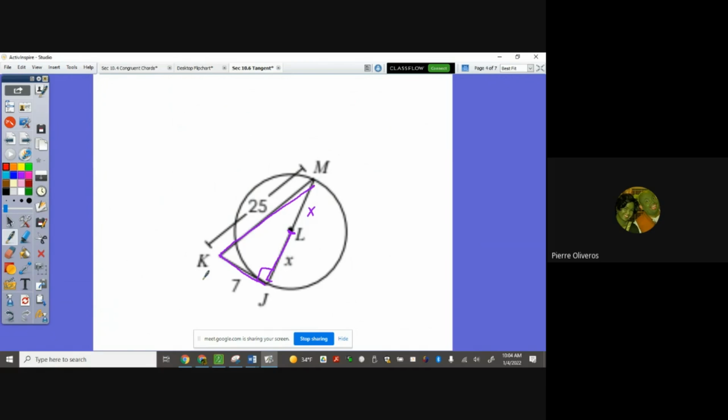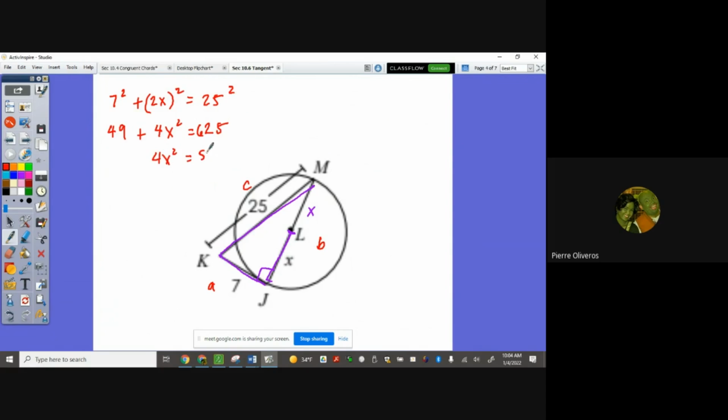So let's say this is my A and my B is right here. This is my C. So I'm going to have 7 squared plus 2x squared is equal to 25. 7 squared is 49. This will be 4x squared is equal to 25 squared. I forgot to square that one. 25 squared is 625. So 625 subtracted by 49 will give me